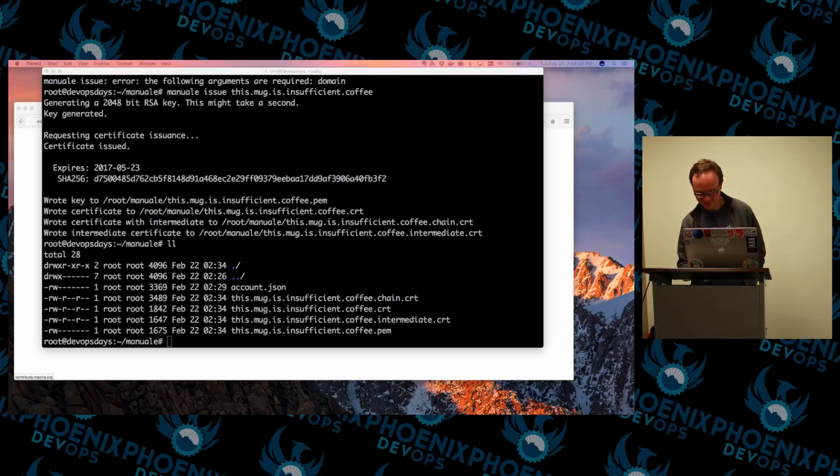It's a valid cert for a valid website. Right there, you've got the key. That's the PEM file at the bottom. And you've got the various forms of the certificate chain. So now it's up to me to go and put this into my web server software. Make sense? Or web server-like software. Like this is what I do for my firewall at home too. Until pfSense adds Let's Encrypt integration next release.